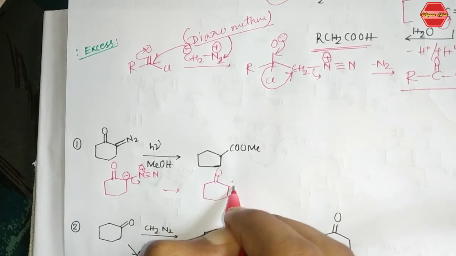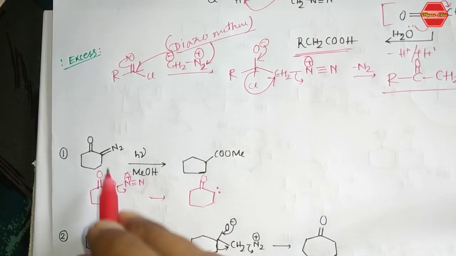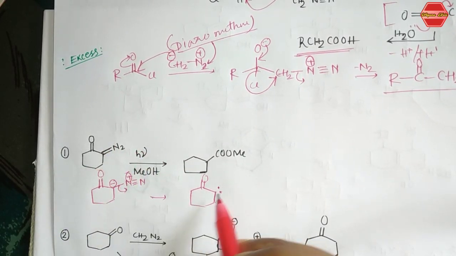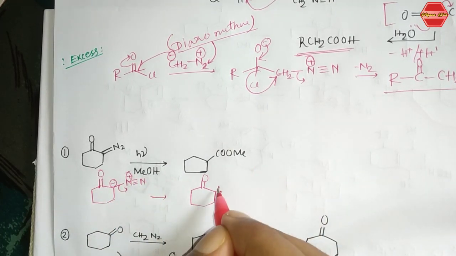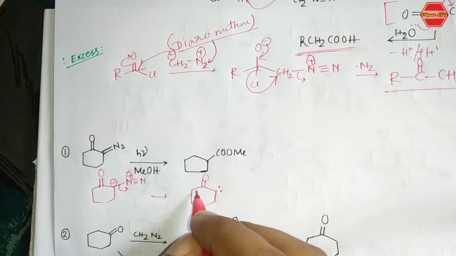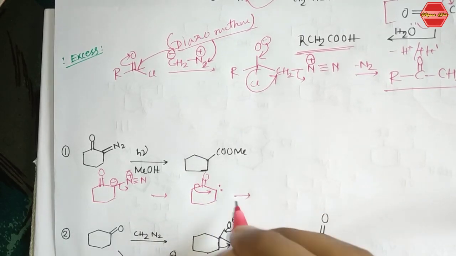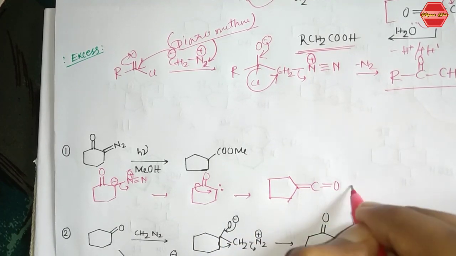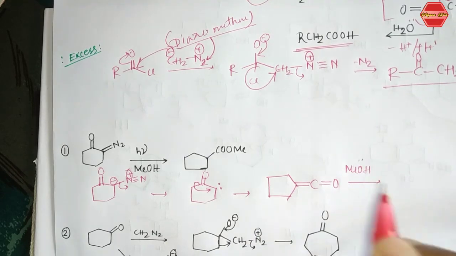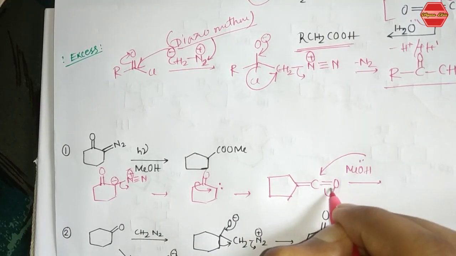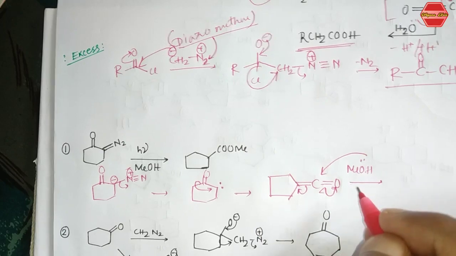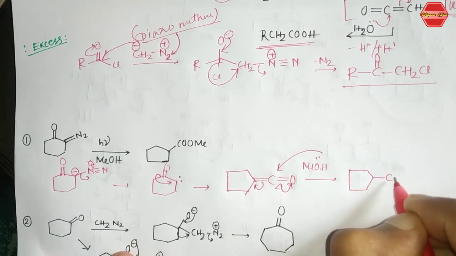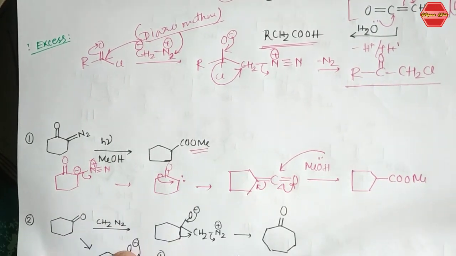You are getting a carbene over here, so you have to keep in your mind, if the N2 is used and H nu is present in the reaction mixture, then this N2 will leave and it generates a carbene in the center. Then these bonds go over here and you have this kind of intermediate, and after that you have given, the methanol is present, so methanol will attack over here, bonds go here, and it takes a proton in the final step, right? See the final product, OMe, that is your final product.